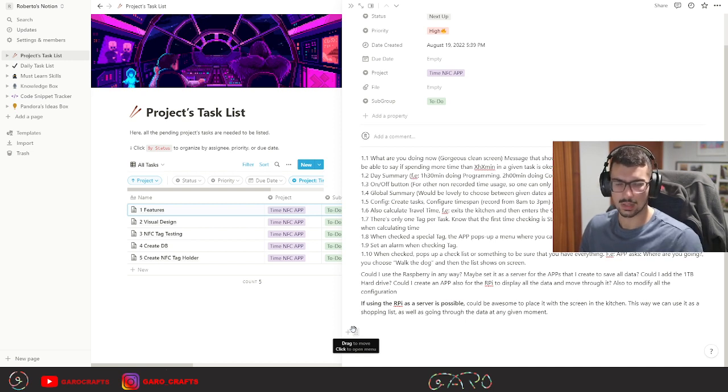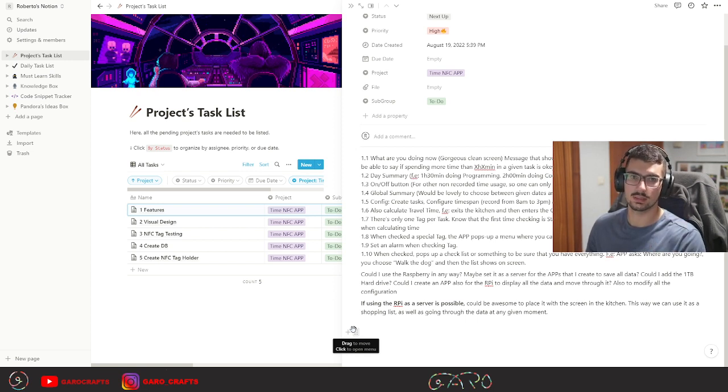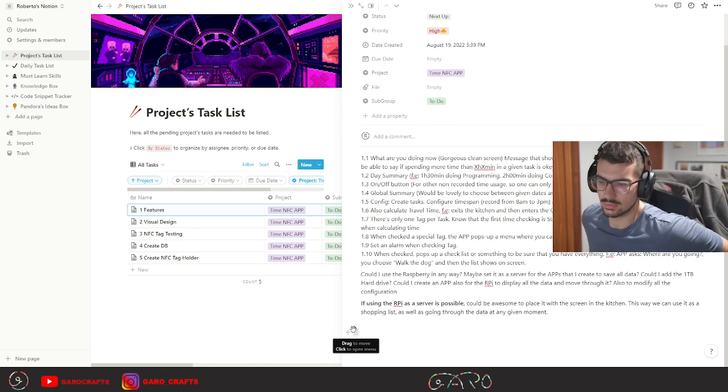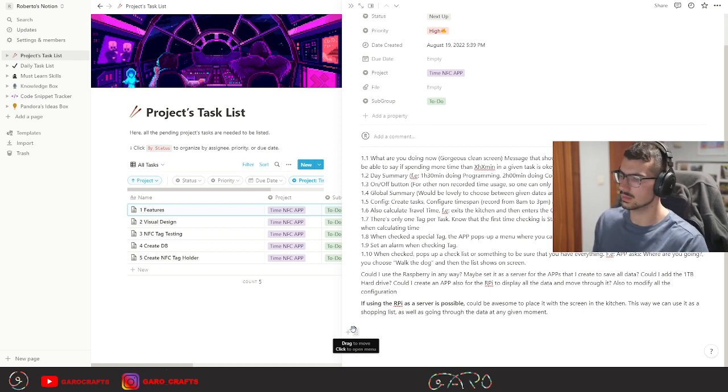So that's how it works. You just check it, and the app is basically going to read the tag, and by knowing what you were doing before, it's going to start or stop a task. Okay, so if I start a day, like, okay, I'm going to program, I check the programming tag, and the app will know that I'm starting programming. I will spend 2, 3, 4, 5 hours, whatever, programming, and then say, okay, I will go cooking. So